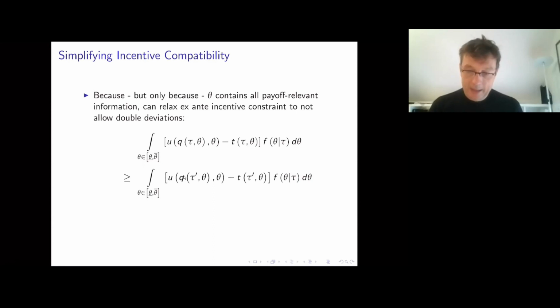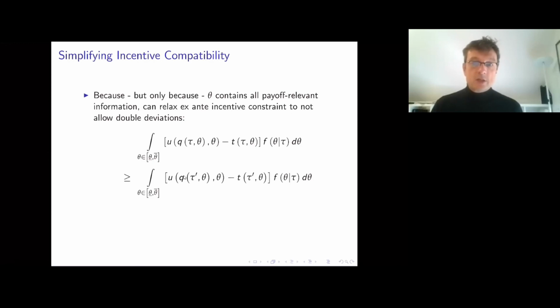So we highlighted that there might be double deviations, that is, deviations involving both misreporting today and making subsequent misreports. Well, the nice aspect of this particular setting is that we can disregard those double deviations. And why can we disregard them? Well, it is because in the second period, in the evaluation of the utility that we get from the allocation, all that matters is the final willingness to pay theta. And the prior information that came through the type, not theta, but tau, I meant to say, does not matter anymore. Everything that matters is encoded in theta, and therefore